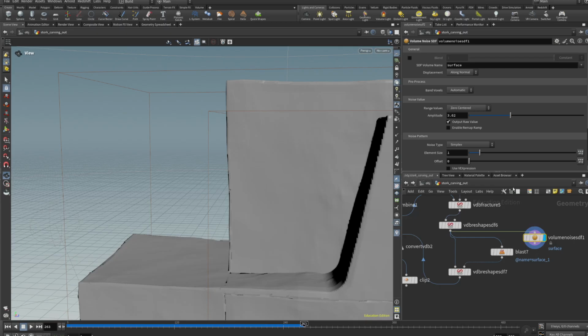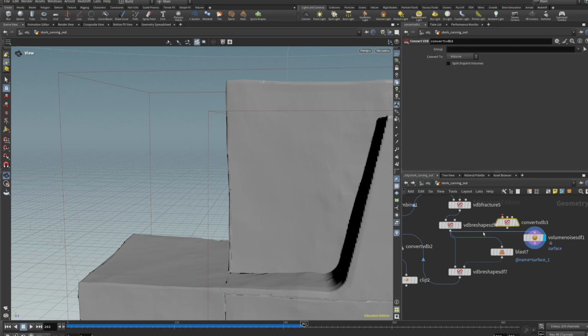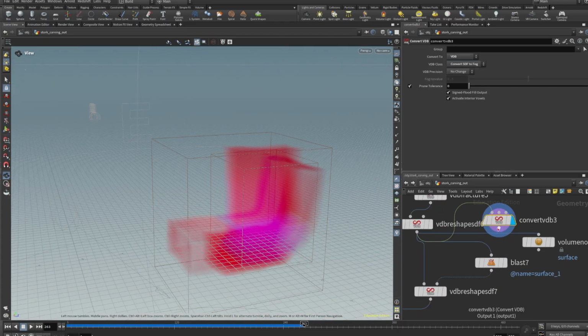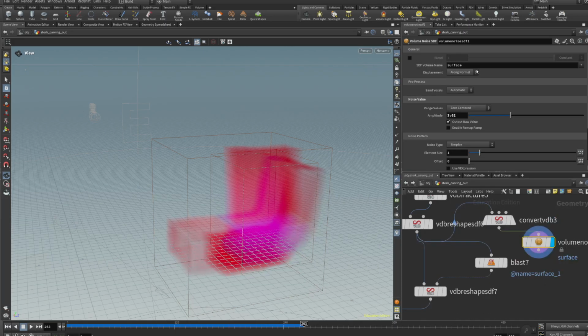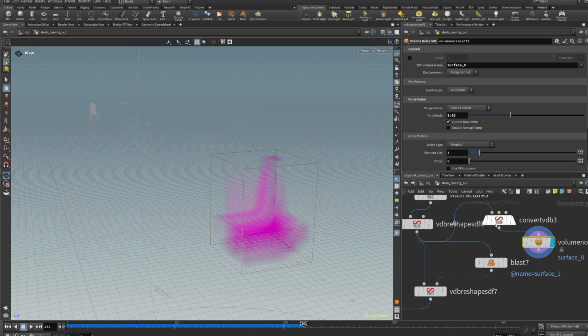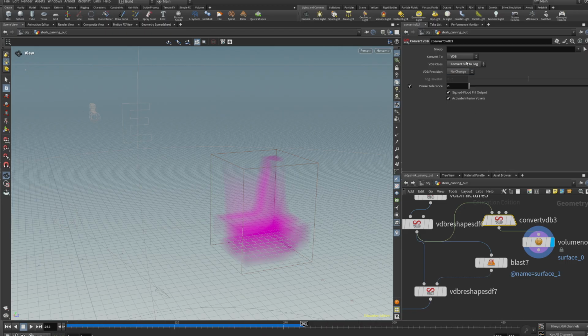As far as I know, it's just working with a fog vdb. I might be mistaken, or you just have to calculate it from the get-go as a fog vdb. But anyway,